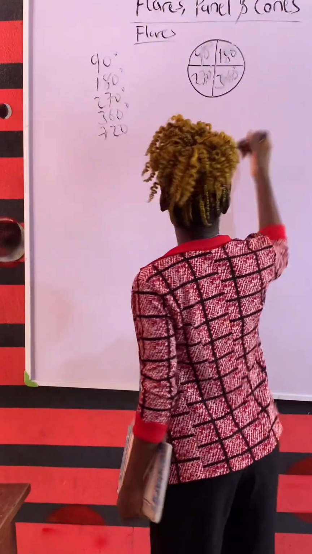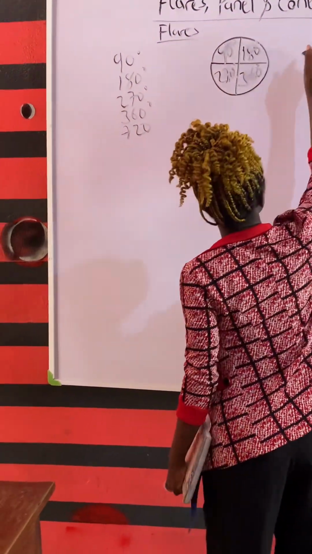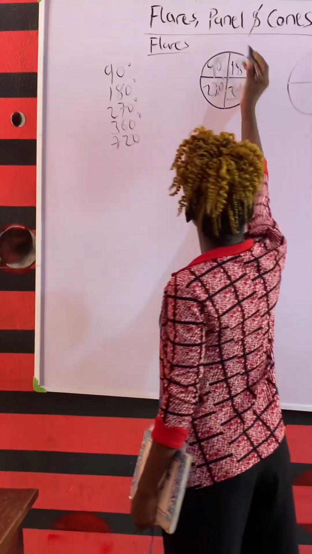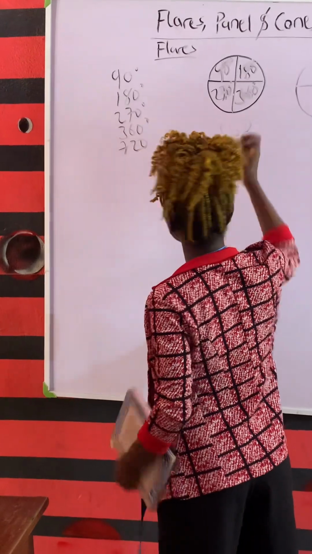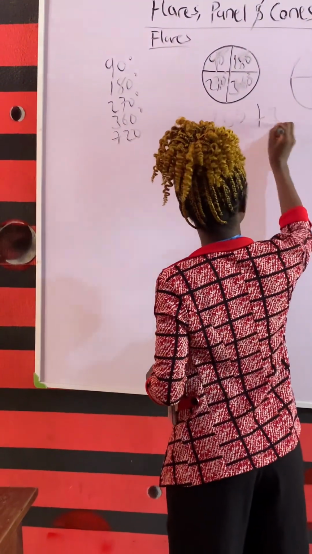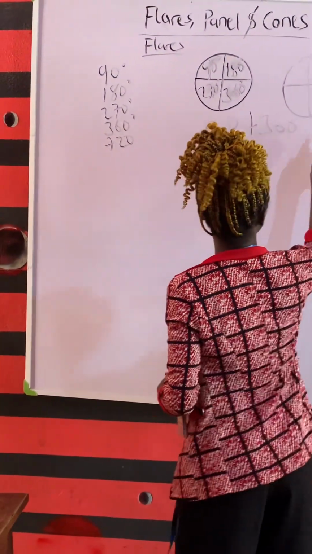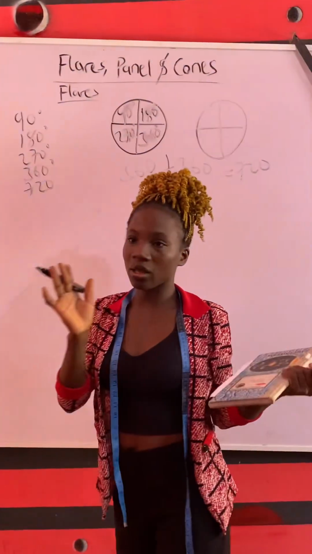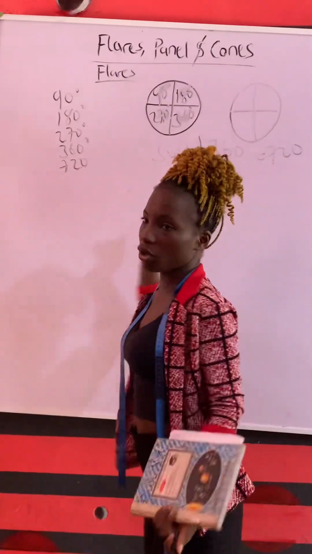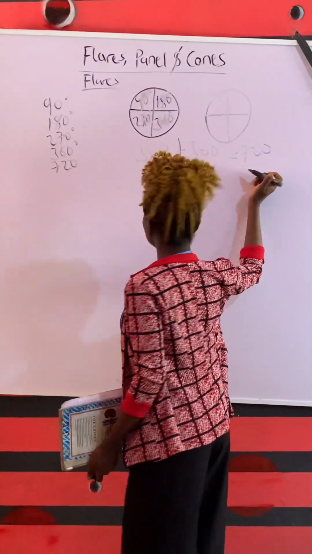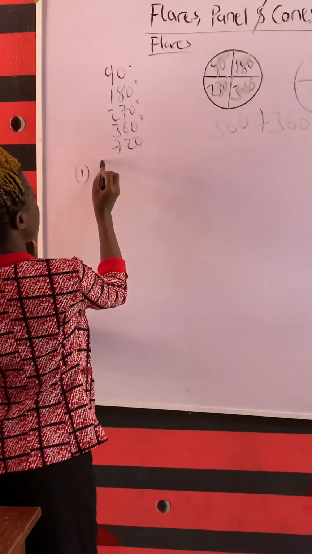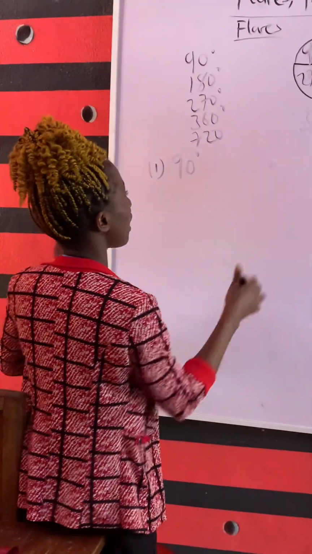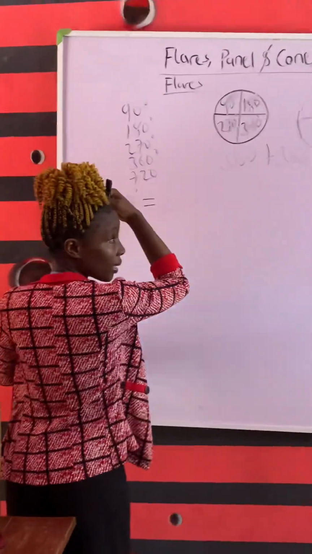So now we take the whole of the circle plus the whole of the circle. That is, this whole circle is 360, right? Yes. 360 plus 360, and it's 720. That means it's going to be two circles joined together, 720 degrees. So for 90 degrees,